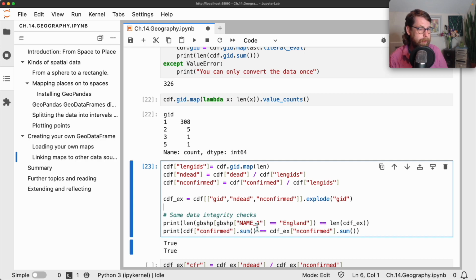And that's why we can see down here the length of that list now is 326, just like the length of the shapefile. And I also sum up all the scores for the confirmed cases in the new data frame over here and the old one, just to make sure that it's even. So we have just as many cases across the whole data set,